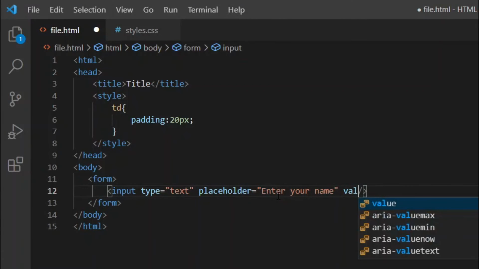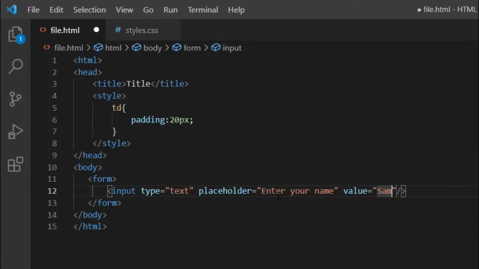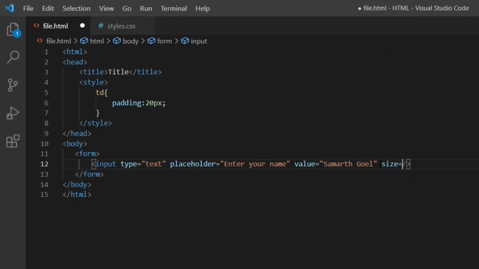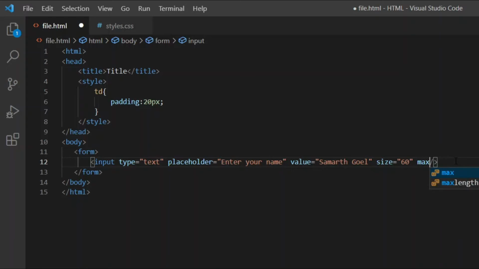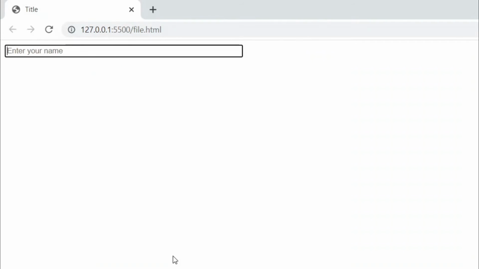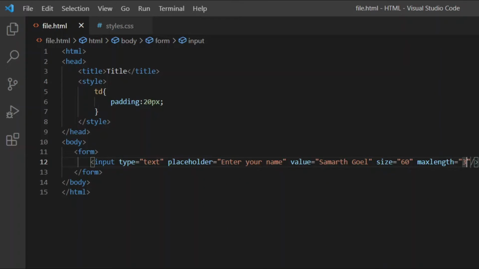We can also add a value attribute to attach a default value to the field. See, it gets displayed by default when the document is loaded. Next, we use the size attribute to control the size of the input field and a maxlength attribute wherein we specify the maximum length of the text the field could accept. Similarly, minlength can also be used to set the minimum length. Two Boolean attributes, readonly, which prevents value change, and spellcheck, which enables spell checking on the input field, can also be specified.